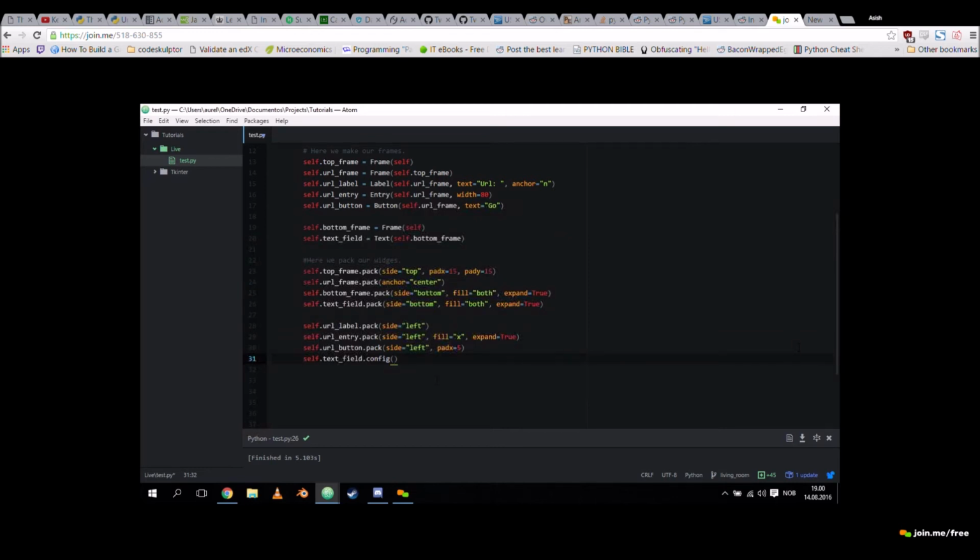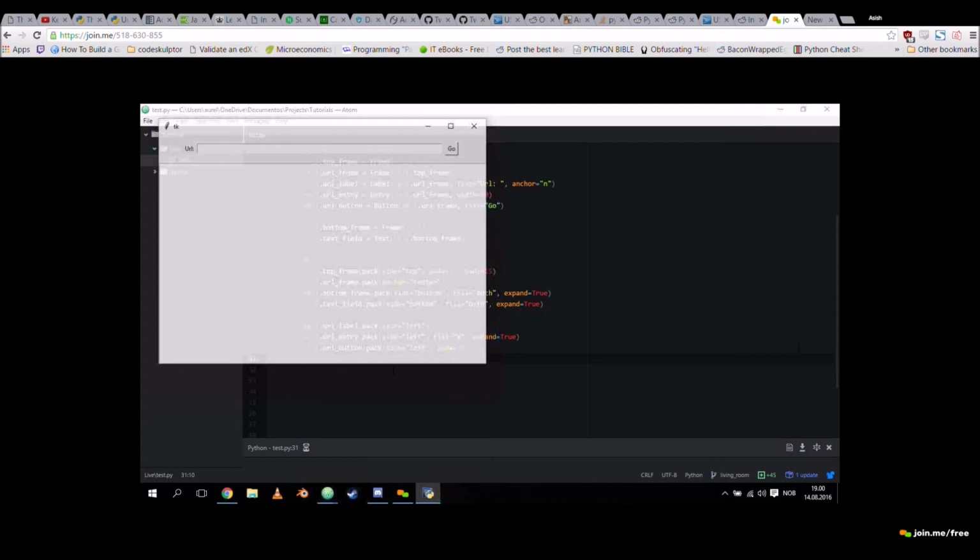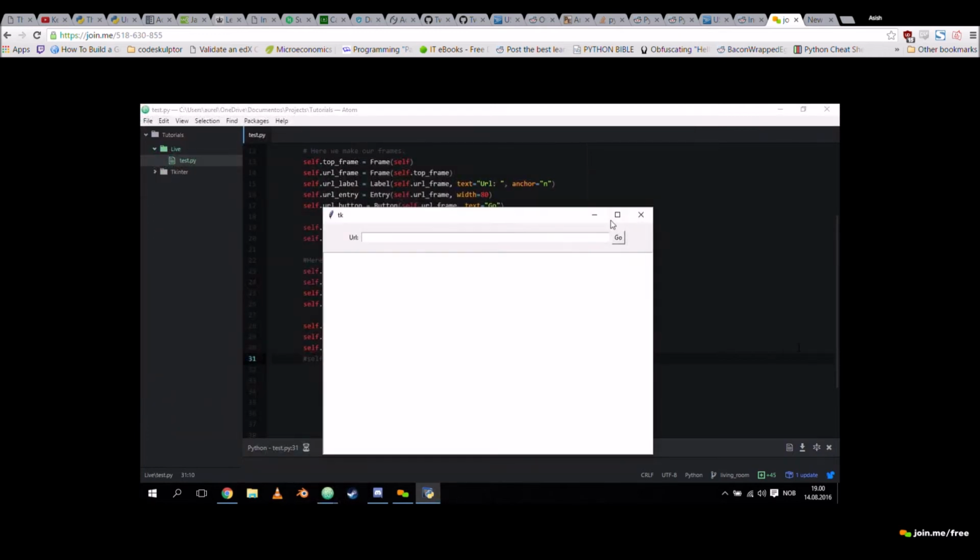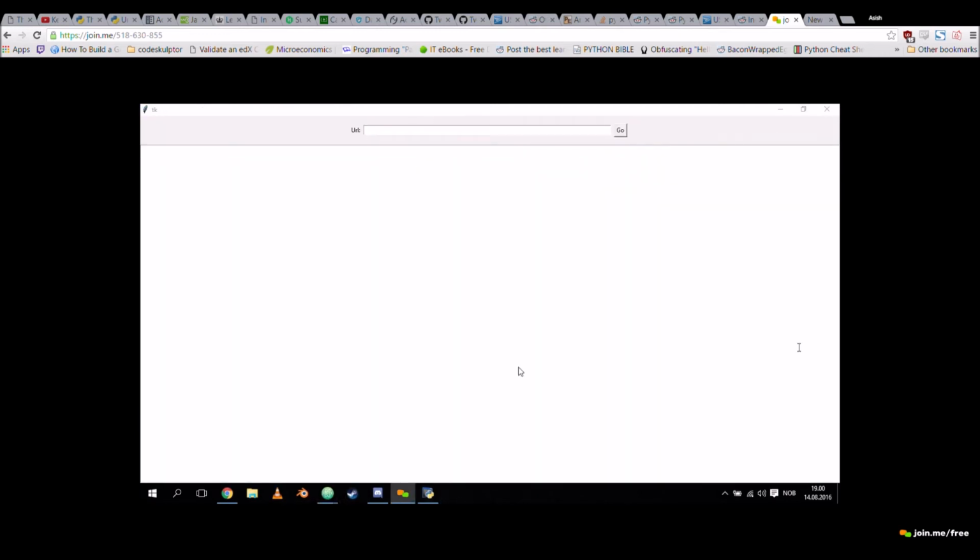So finally, we're going to config. Before we do that, let me show you. This is what it looks like. Pretty good. On the upper left, where you have the feather and the DK, is it possible to change that? No, because that comes from Windows, but it is possible to change what it says. Okay, let's do that, actually. I want to make it say browser, something like that.